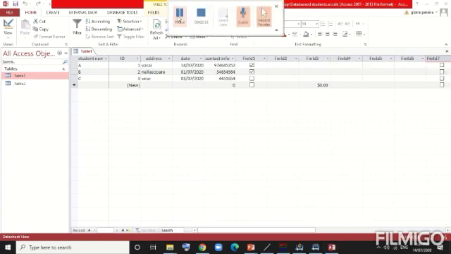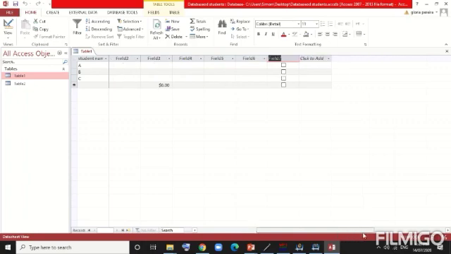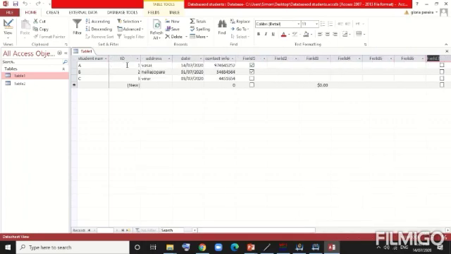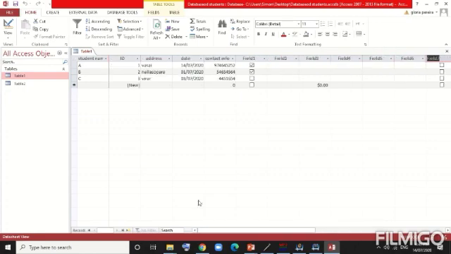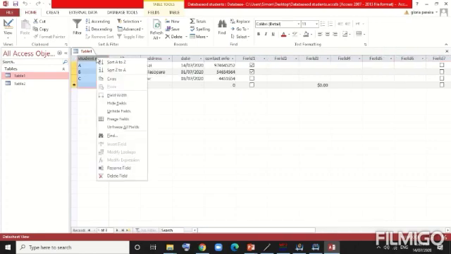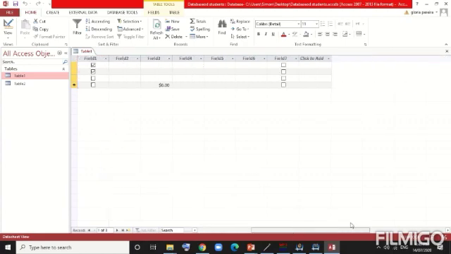Now I have many more fields over here with a scroll bar. If I scroll those fields, I can see more fields. You can see over here all these fields are movable apart from the student name. So this field is frozen and not movable, and if I have to move that also, I will just say unfreeze all fields, and now you can see everything is movable over here.